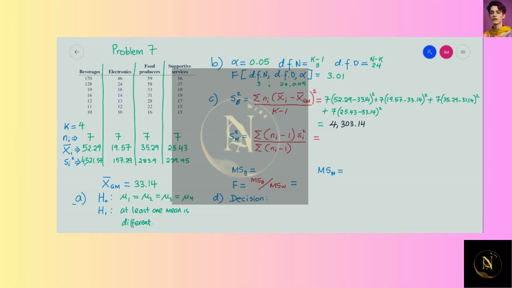Next, we go to the variances for within the groups, and we need to substitute the values into this formula, and then we add them up. So we sum n_i minus 1 multiplied by the variance, the first variance, for the first business sector. So in this case, the first item is n minus 1, which is 7 minus 1, which gives us 6 in brackets. The first variance, which is 4,521.57